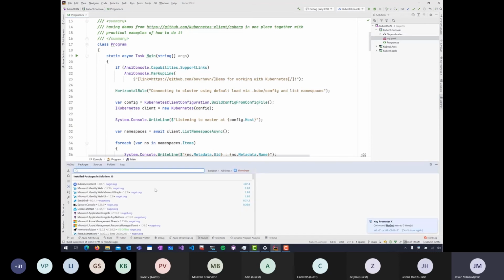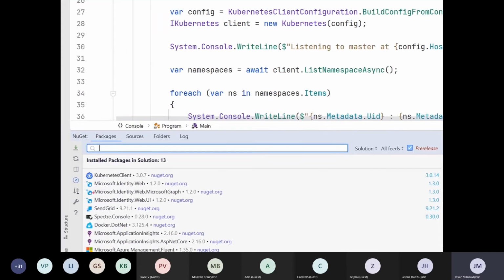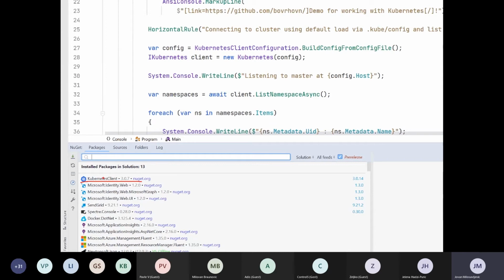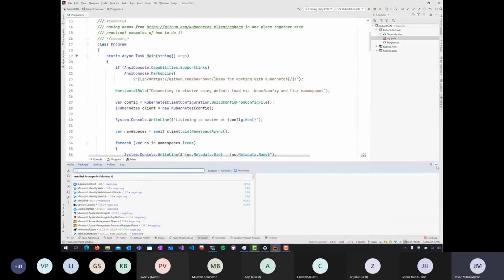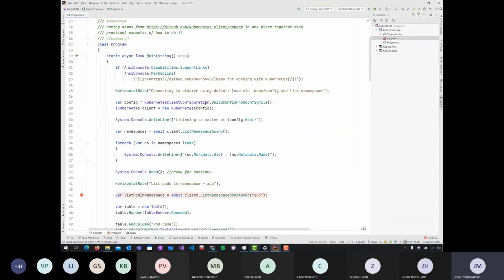If you go into the NuGet, you will see that I have an installed package inside of my project, which is Kubernetes client, and I'm accessing the authentication via the kubeconfig file via a useful library, build config from config file, which takes the .kube/config file with all the authentication mechanisms and authenticates the user against the Kubernetes cluster. And then I'm accessing the client. Now the API itself is built with C#